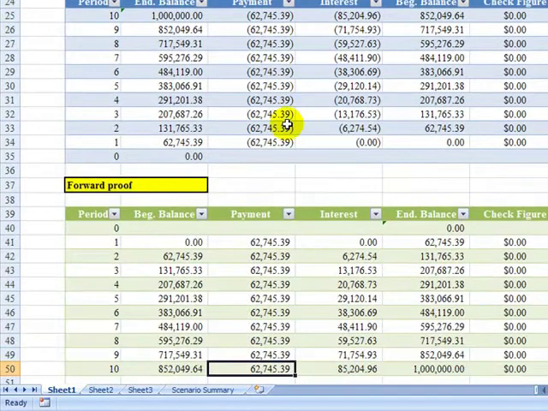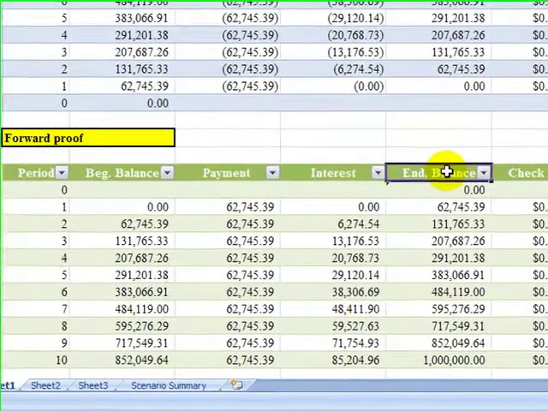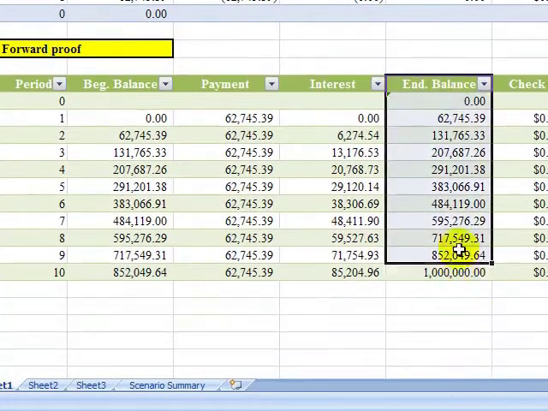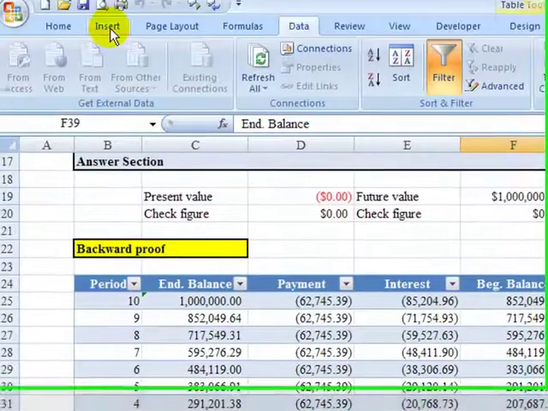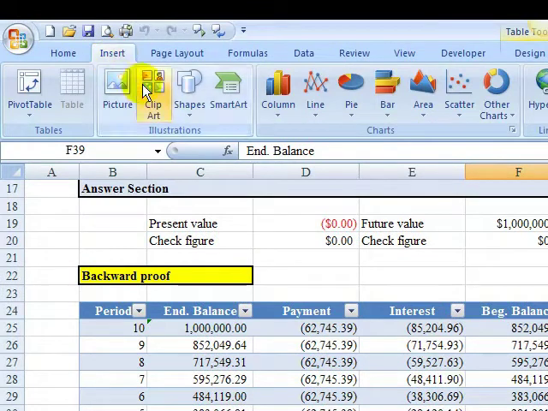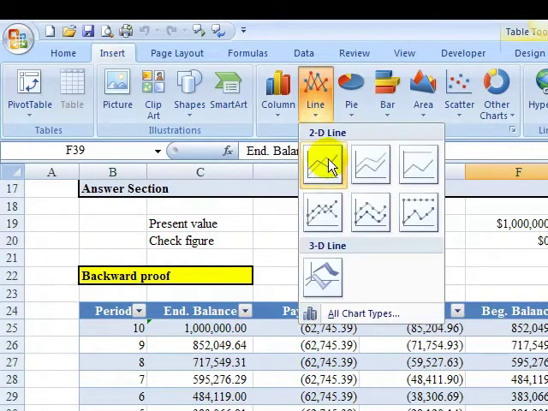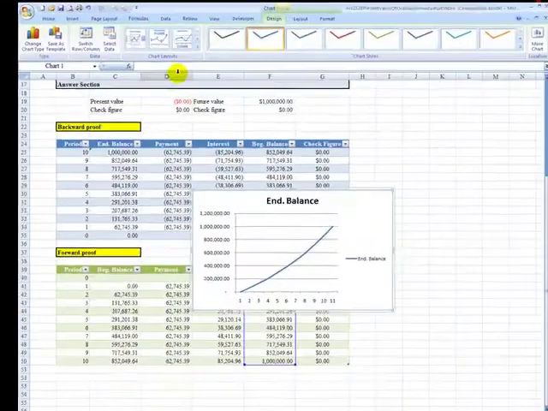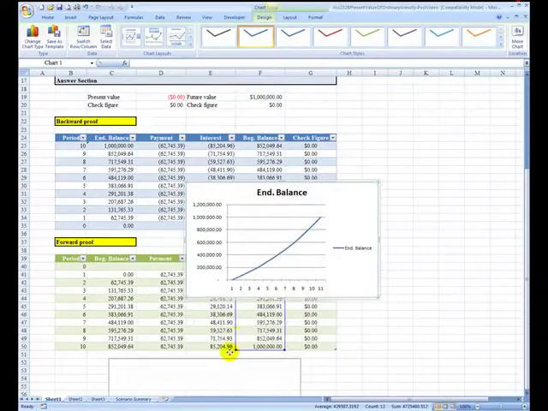The last thing I thought I'd show you is just a quick graph. Let's say I wanted to track this ending balance. I wanted to graph the ending balance. I could hold this, drag and drop, and now that it's selected, I could choose Insert from the Insert ribbon and choose a line graph, and maybe just a basic 2D line graph, and you can see that ending balance